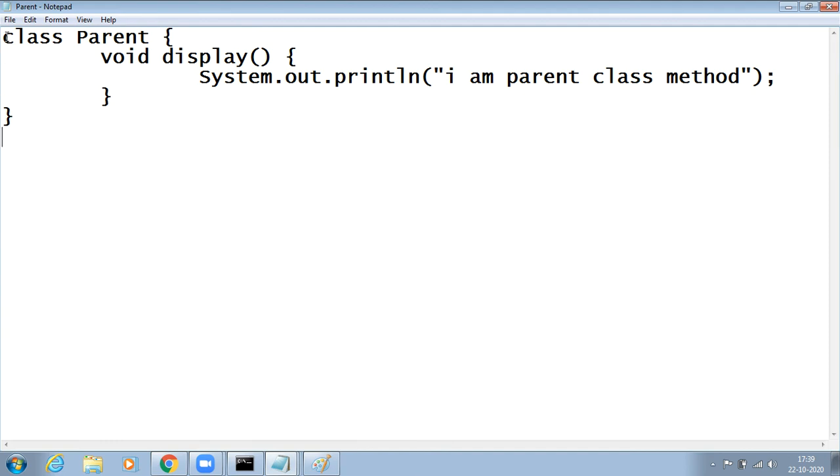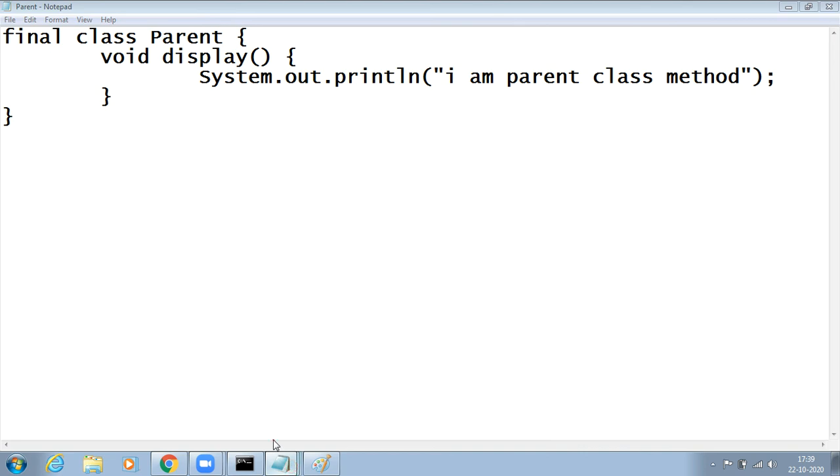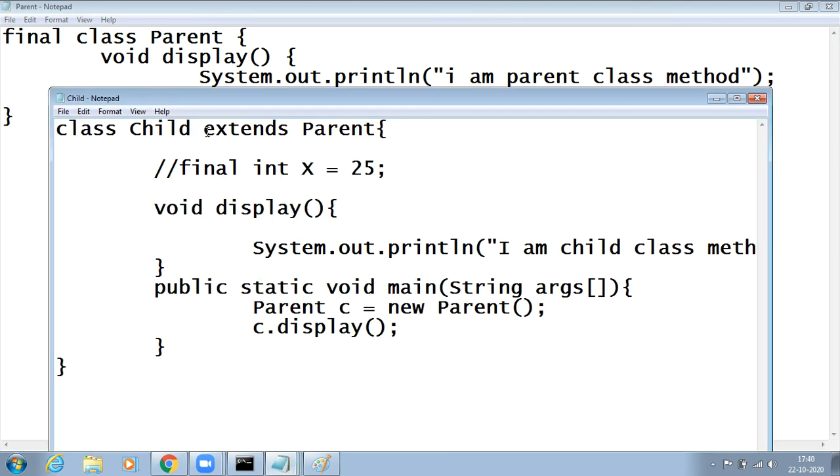For example, if you create this class as final class Parent, then obviously the complete class cannot be extended. This cannot be done.